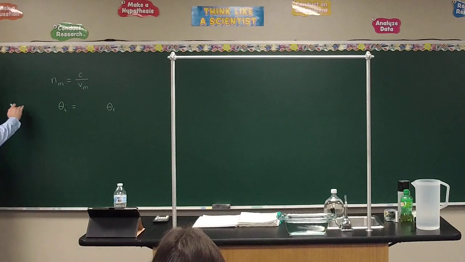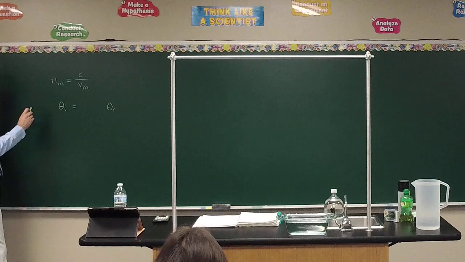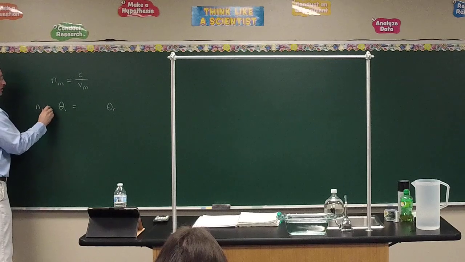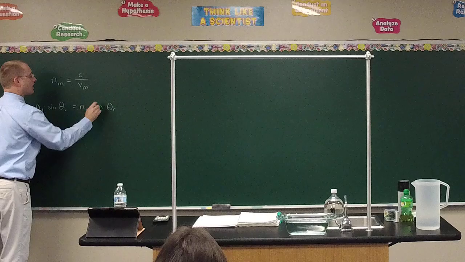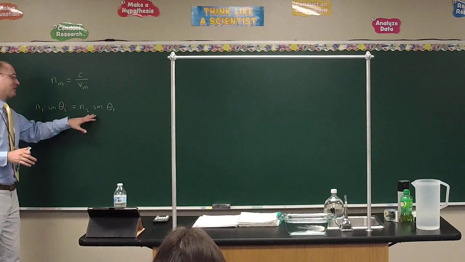Is, how did I finish out that equation? Do you remember, Audrey? Used this in the homework last night or over the weekend. And then, no. Michael? n sub one side. And then n2 side. All right, I'm guessing we did the homework on Friday, so we've had a few days to forget. That's okay. n1 times the sine of theta sub i equals n2 times the sine of theta sub